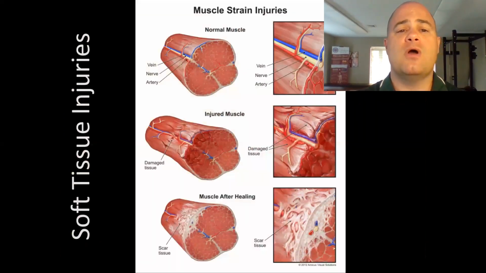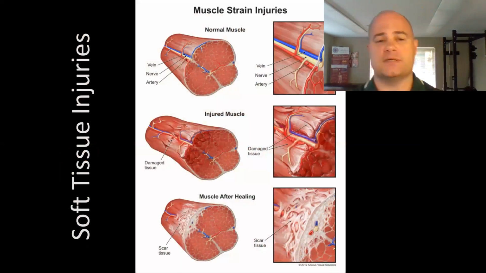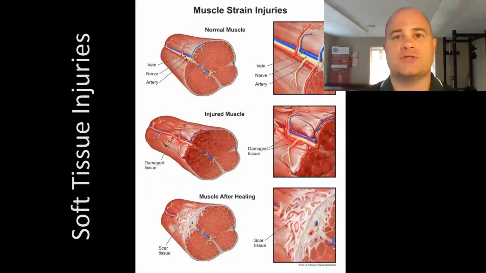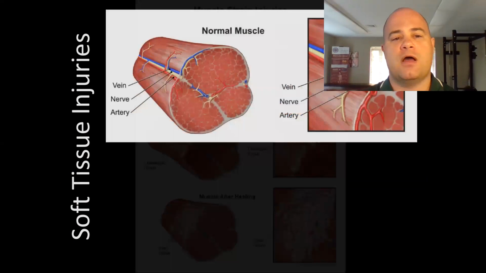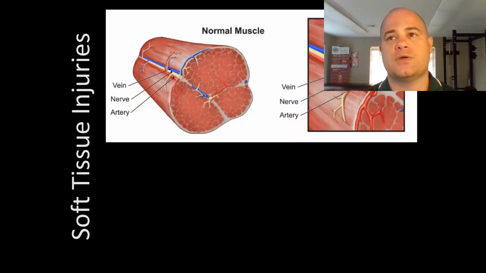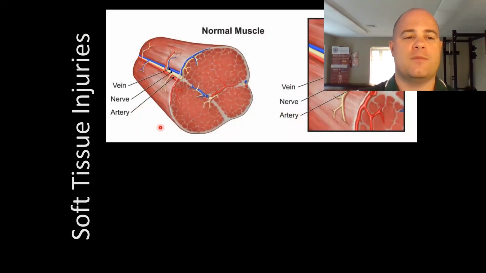So one of the things that happens when it comes to all of this is that there's certain things that happen with muscle strength. So we're going to take a little bit of a deeper look here on this picture. This picture is going to show the muscle, right? And this is what a normal muscle looks like. You can see how there's different separations that happen. Those are called fascicles. And you can see the lines as they're going back, and these fascicles are made up of multiple different muscle cells.